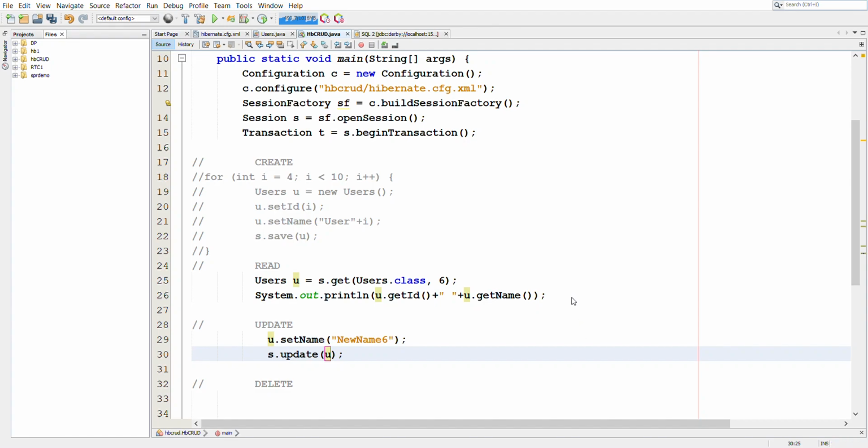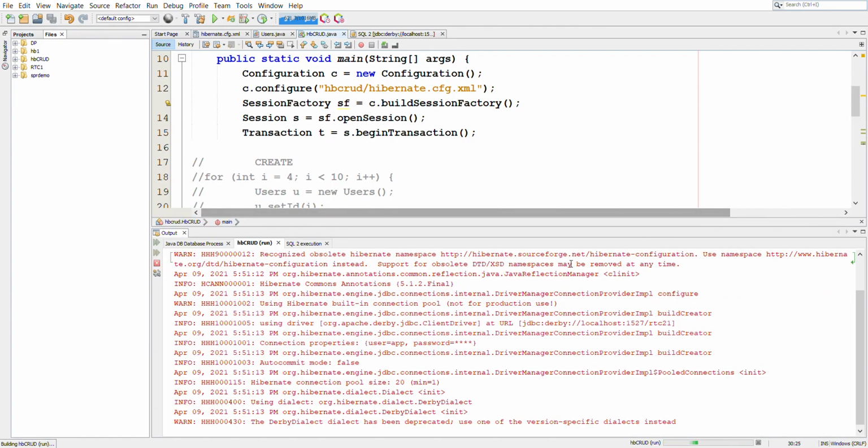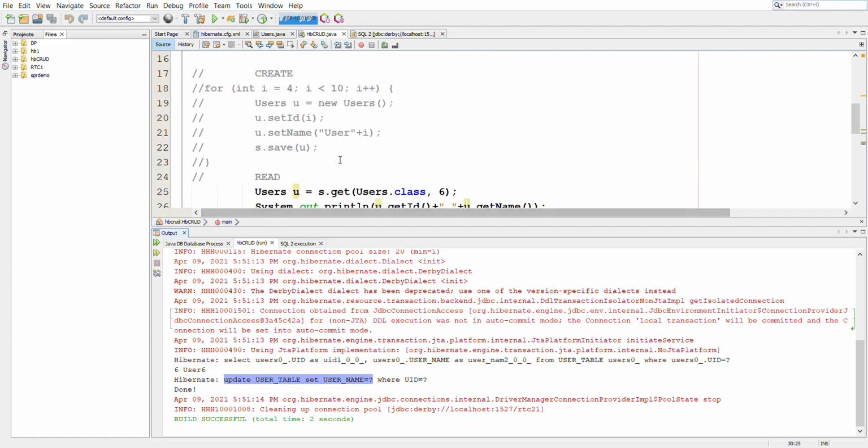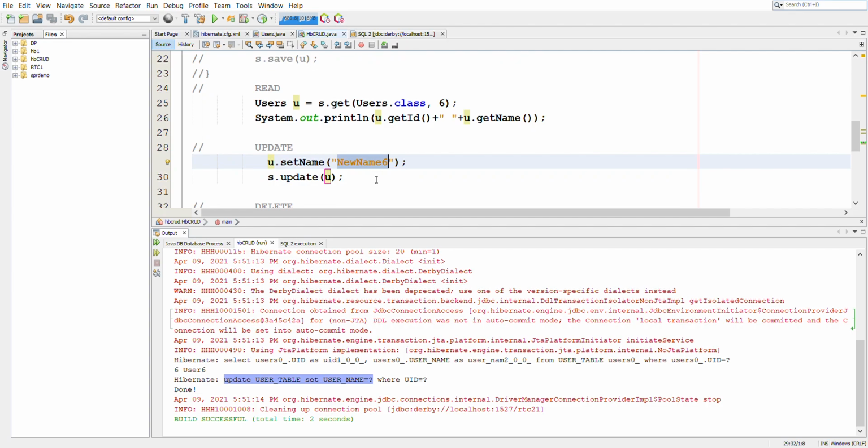So when we run this code, here you can see first the select query has been fired, and then we have displayed the content that we have fetched from the table, and then an update query is being fired here, which is update user table set username is equal to question mark, which is the value that we have passed, which is new name 6, where UID is equal to question mark, which means the UID of this object u, which is 6.